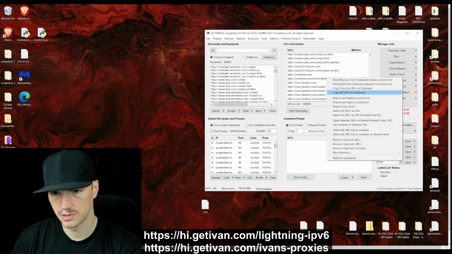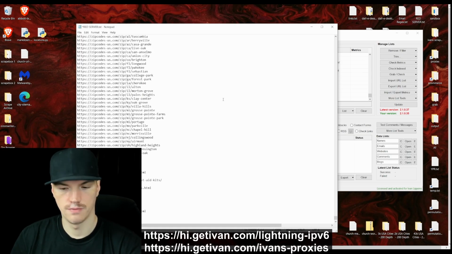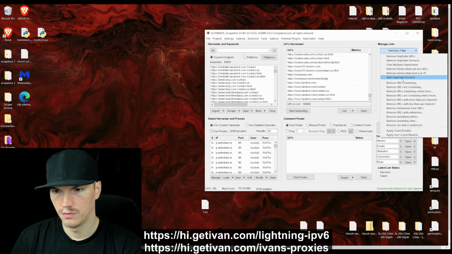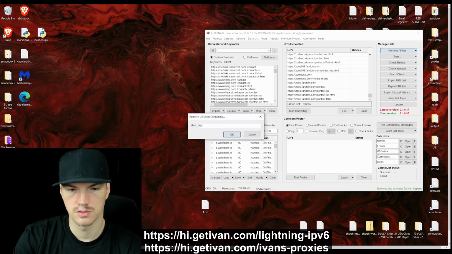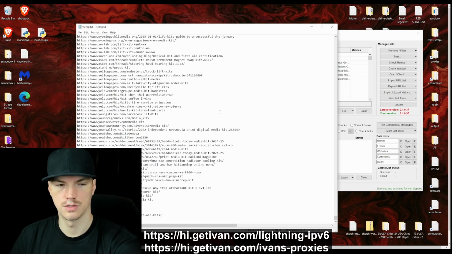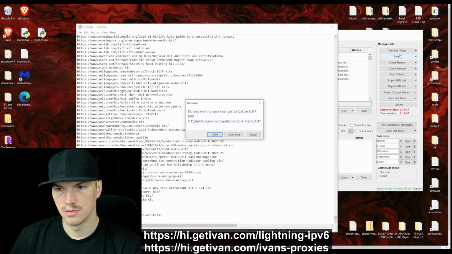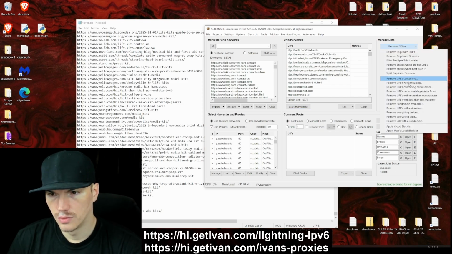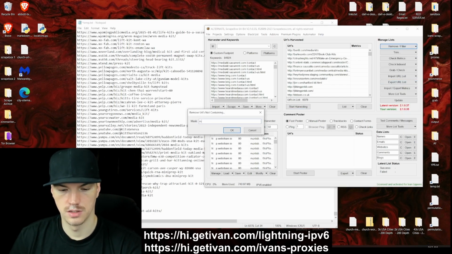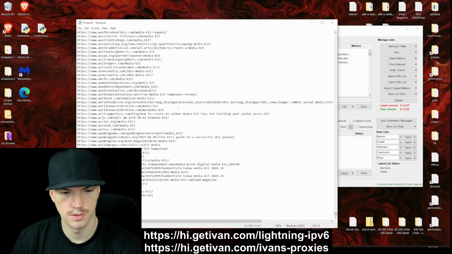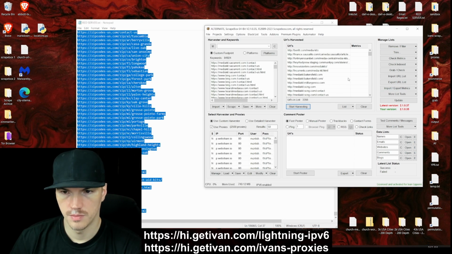Let me copy this and put it over here in my temporary file. Save all those. Let me go remove, what's in my temp folder here? Oh, okay. Remove not containing kit. Okay, so only 6,000. Let me come up here into my temp file, paste those in, and while I'm doing this, let me cancel. So I am going to remove URLs not containing media. Okay, so that's 3,000. I'm going to paste these in here, and copy the full list,